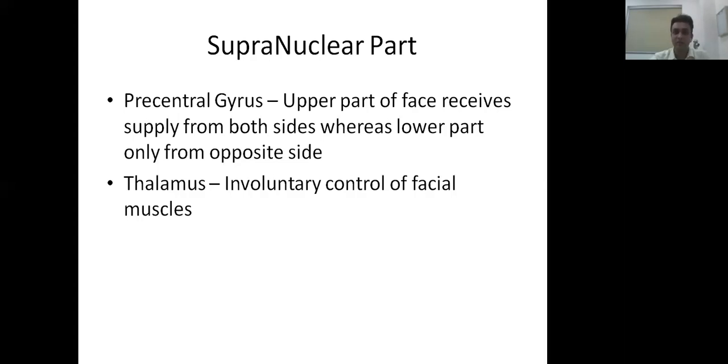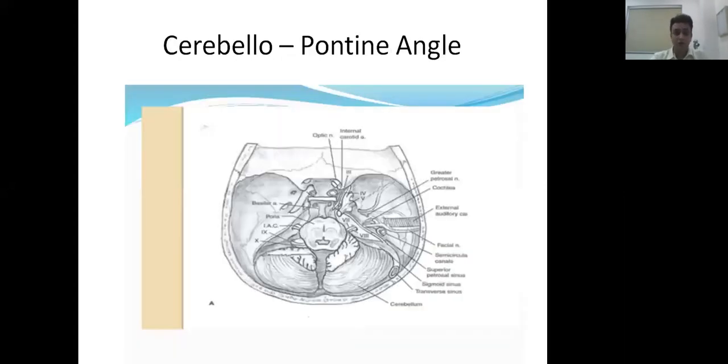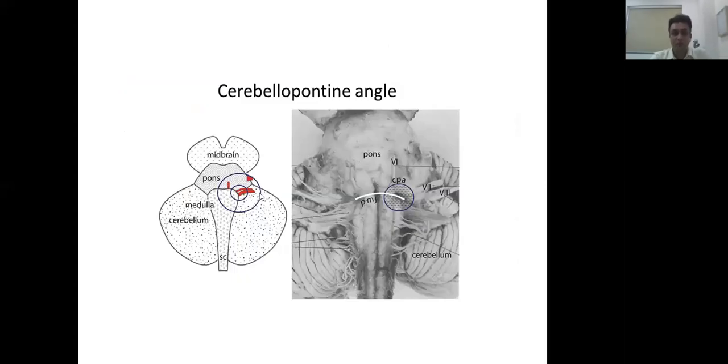Nucleus also receives connections from thalamus, so that we have emotional control of the facial muscles, involuntary control of facial muscles. So after it leaves the pons, here is the pons area. When it leaves the pons, the nerve goes into this area, which is known as cerebellopontine angle. So cerebellopontine angle we can understand from this diagram, that here are the two cerebellar hemispheres and here is the pons. So after leaving the pons,